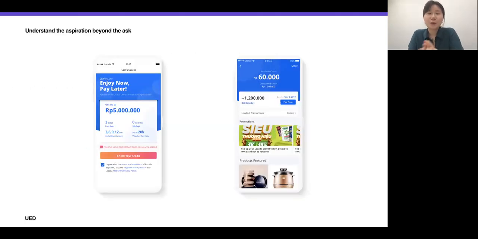So this is our, I captured 2 screens from this product we successfully delivered. And from the result, we can see the conversion is great. Let me point out, based on what we learned previously, why it was actually successful.